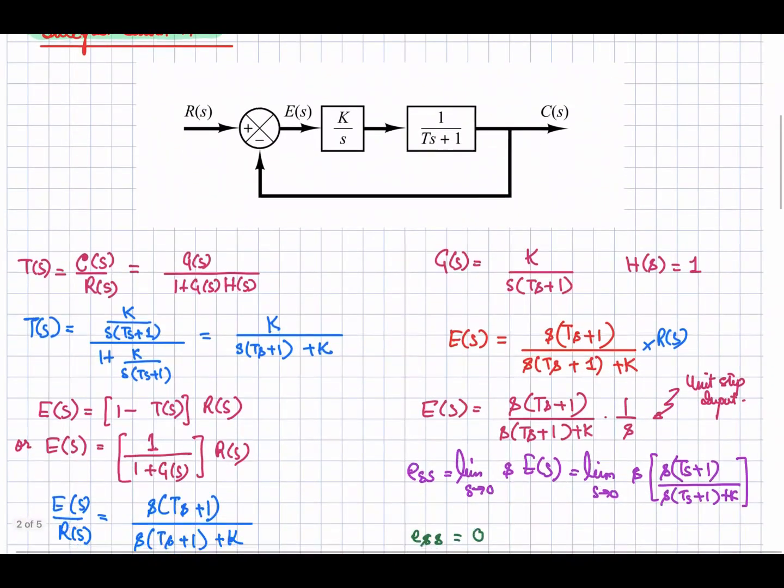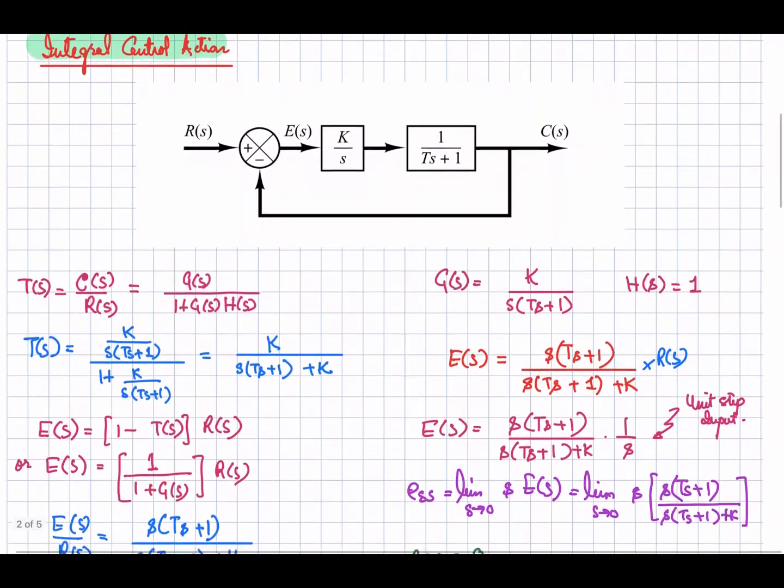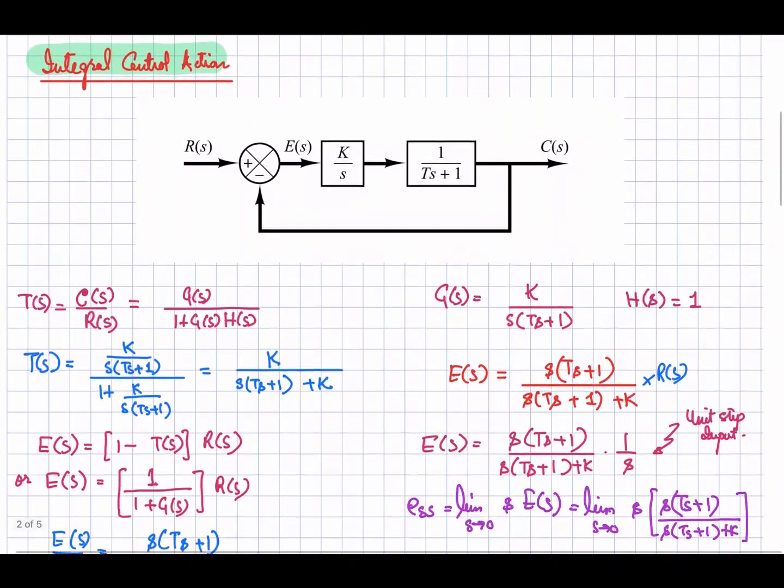Okay, now let's look at the proportional controller that is replaced with the integral controller. Over here you can say the integrator, 1 by s, is basically representing the integrator, and the integration gain is this K. So now we have introduced this part instead of the simple proportional controller.